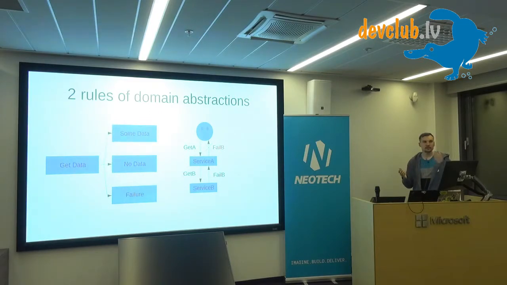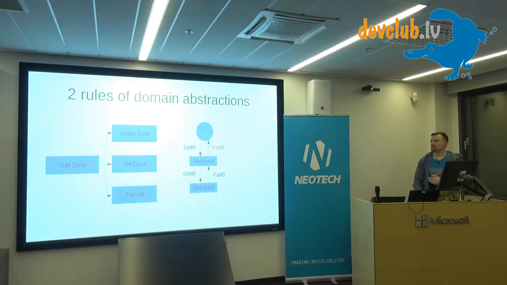because the person who was calling service A was calling for a get A. They don't care what happened underneath, if there's a database exception, whatever. They don't care. They just want their A. And you can never allow B to float out of A. It's a bad practice, because this way you will have handling of database exceptions in your controller, which is awful.